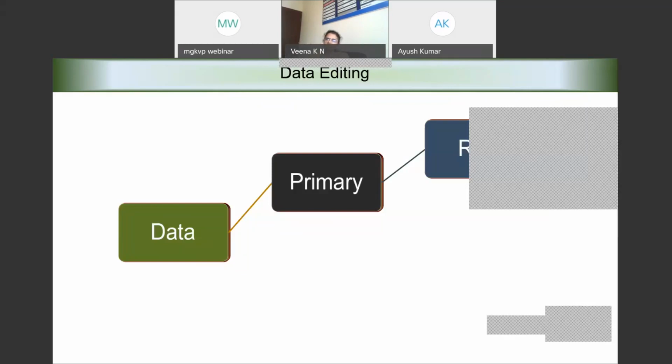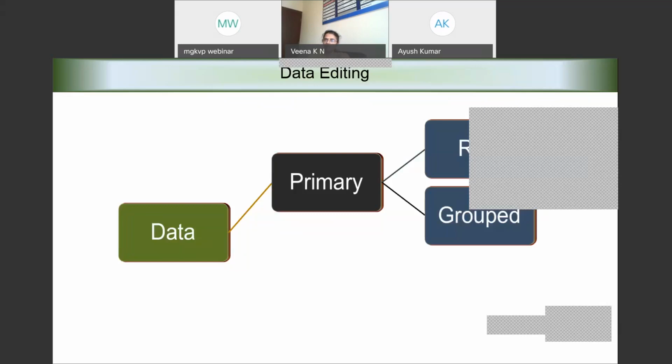So what happens? We need to group them. For grouping them, we do the classification, and when we do the classification, we also clean the data.